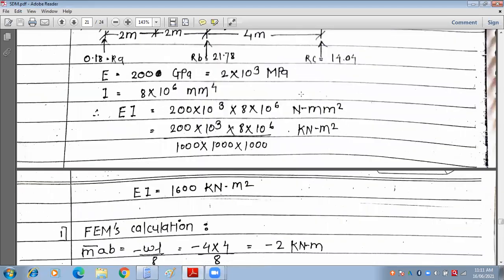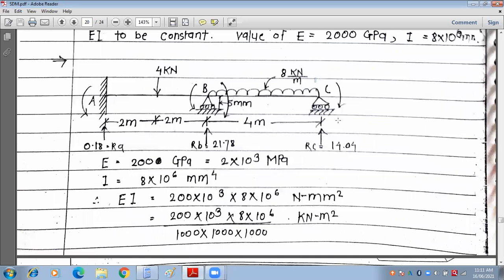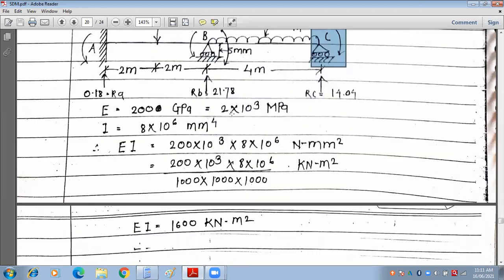Now if you see here in this figure, C support is simply supported, that's why the moment at this end will be 0. B support is continuous one, there will be the moment BC will be present over here. And if you see here, the end C is simply supported. Now in this condition, if the support is simply supported and another support is continuous one, in that case we have to use modified formula.